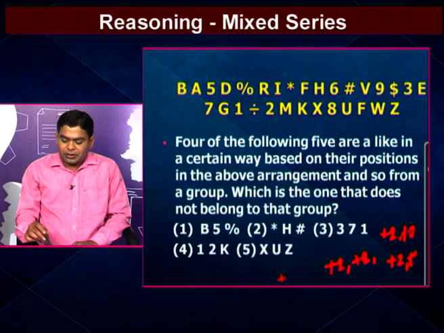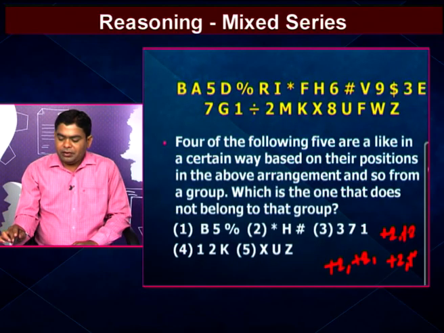That means again the fourth option is also, the rule is nothing but +2 and +2. By observation x, u, z. Here x is there, u is there. So u is nothing but the second element of x and the third element of z. So in our first option the +2 +2 rule is followed. Second option is also +2 +2. Third option is +2 +2. Fourth option is +2 +2.